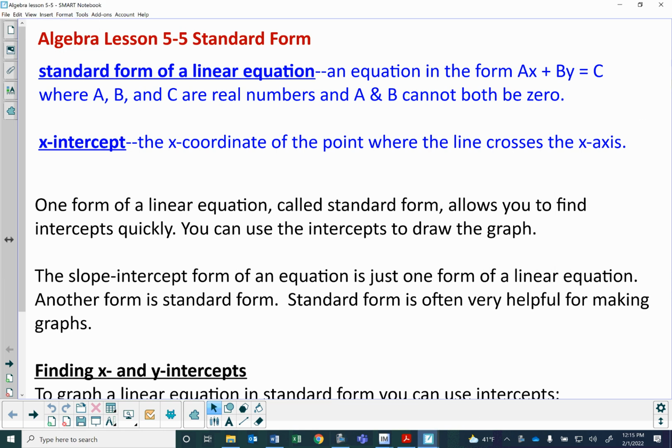This is Algebra Lesson 5-5, Standard Form. Now we have done slope-intercept form, we have done point-slope form, so now this lesson we're going to take a